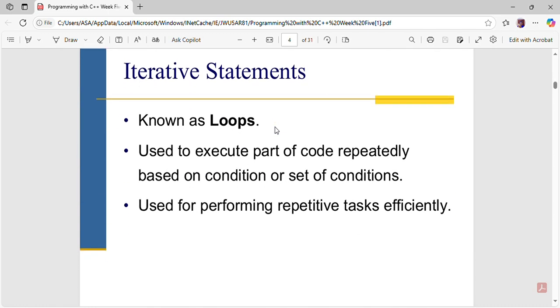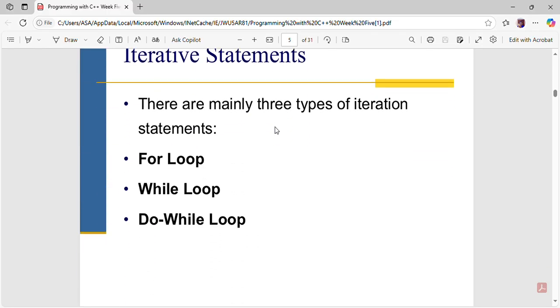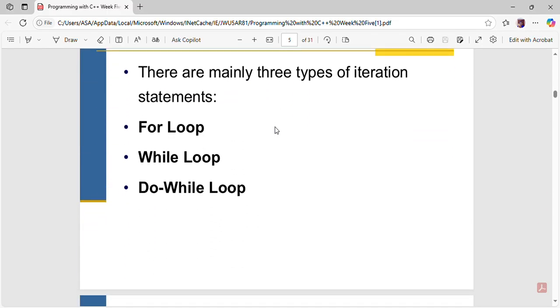So let's look at the iterative statements. They are known as loops. They are also used to execute parts of code repeatedly based on condition or sets of conditions. So the condition may either be one or there may be a set. The iterative statements are also used for performing repetitive tasks efficiently. So with this, there are mainly three types of